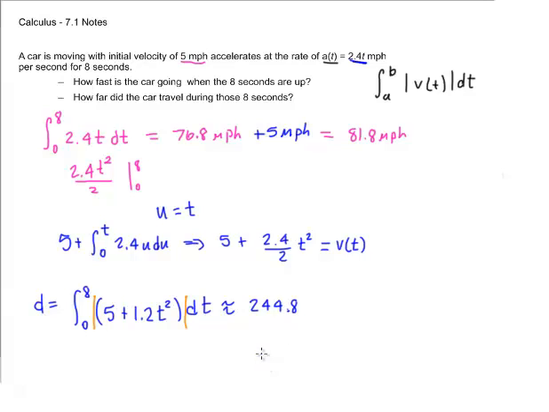So when I punch that into my calculator, I get 244.8 miles per hour per second. Okay. And we don't usually use miles per hour per second, so we would just need to convert this a little bit, because we usually deal with miles per hour, not miles per hour per second. So we would take that 244.8,